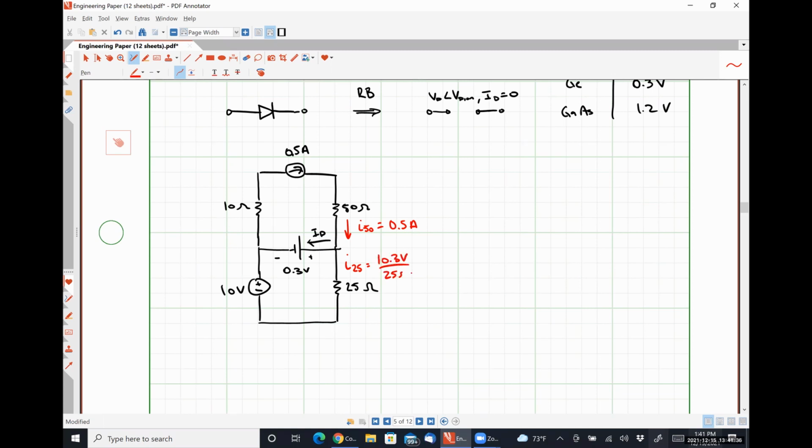Over 25 ohms is 0.412 amps. And so from that, our diode current is half an amp minus 0.412 amps is 88